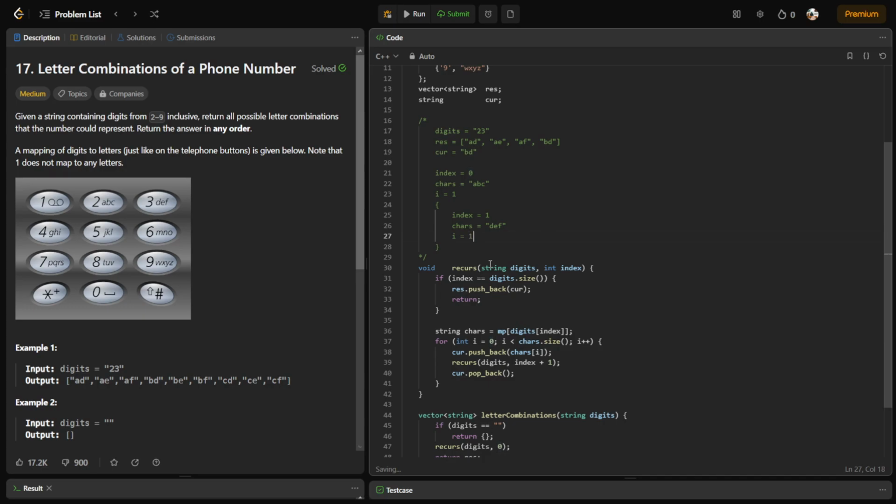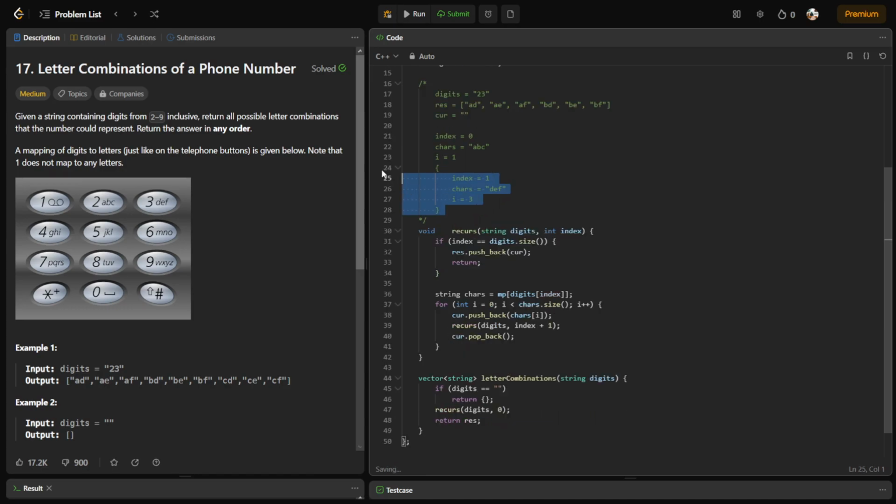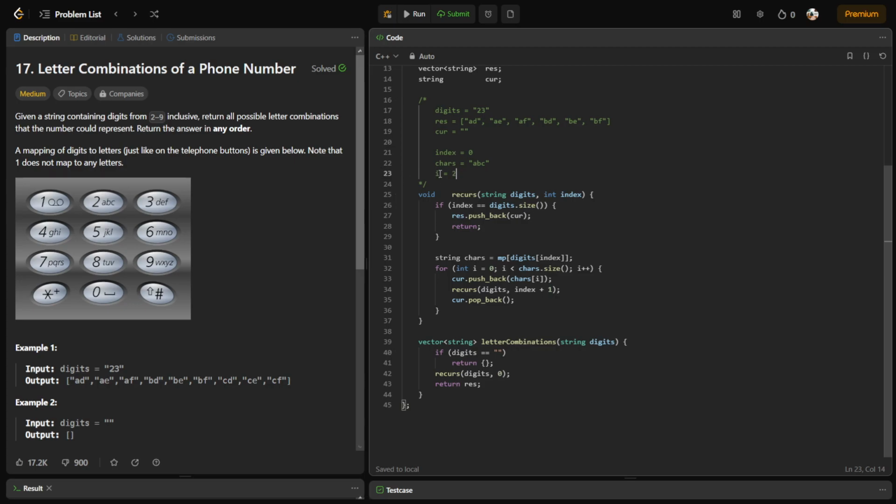Okay, then increment, this will change to E. I'm just going to speed up here a bit because it's technically the same thing over and over again. And then once this hits 3, we exit this for loop, we pop back, like so, increment i to 2, and now we're looking at C. So we push back C,